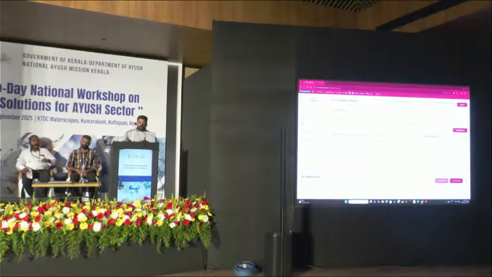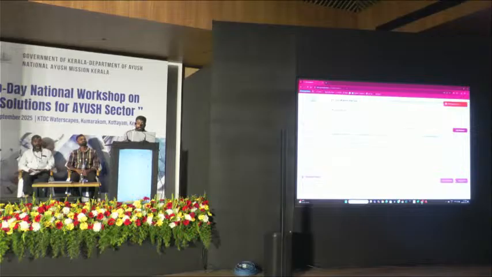This is the automatic indent. If we need any other medicines, we can easily add them here, add medicines or upload the Excel. Save as draft.